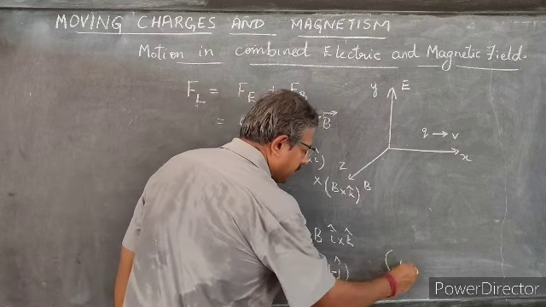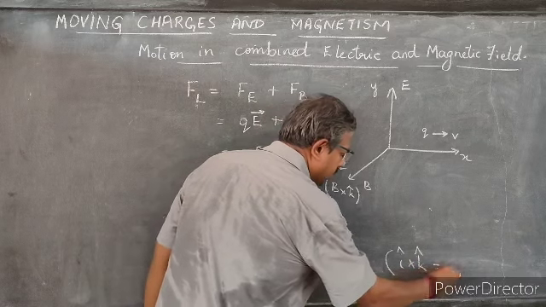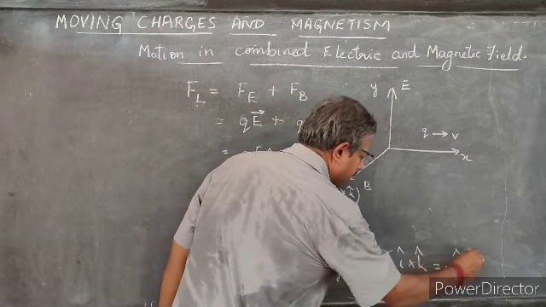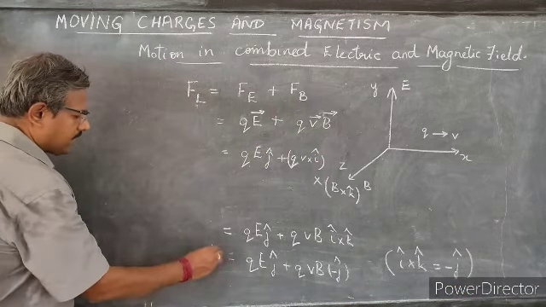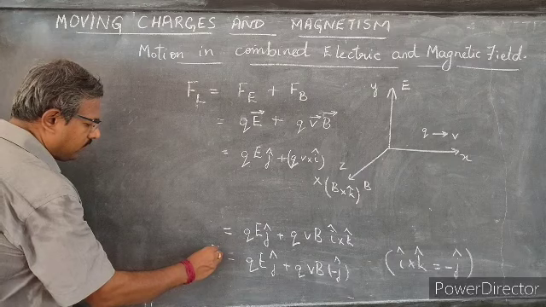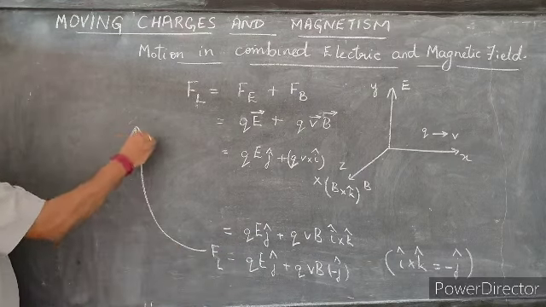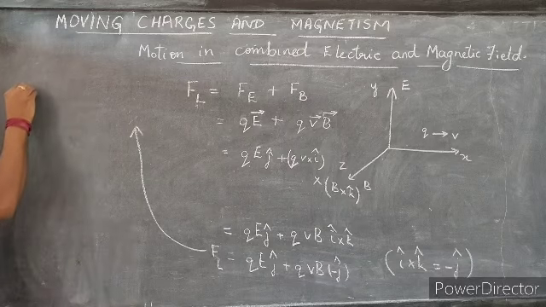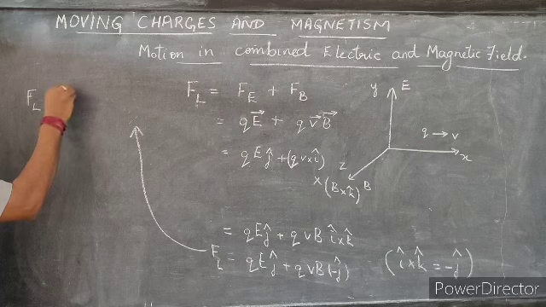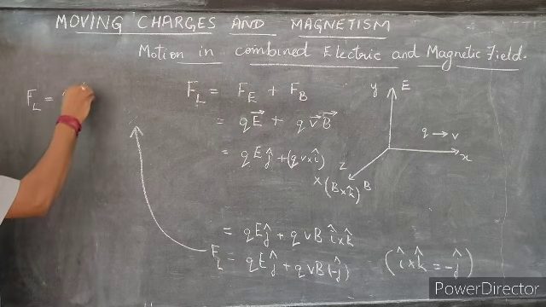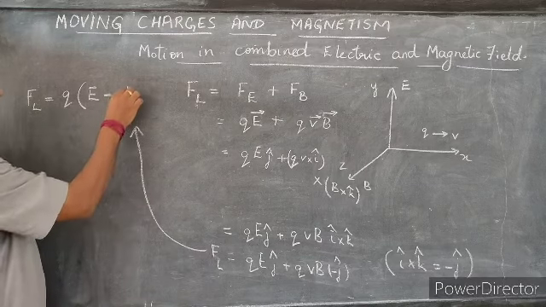The reason being I cap into K cap is equal to minus J cap. So this is my combined force that's being felt by the particle. So to further simplify this, I will get F L is equal to Q, which is common, into E minus V B